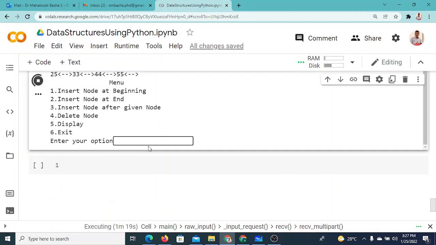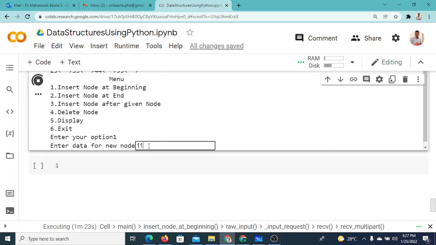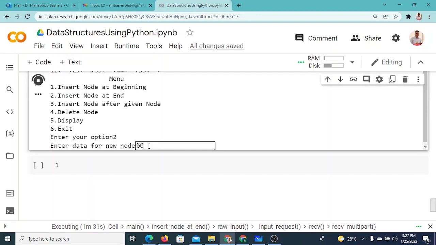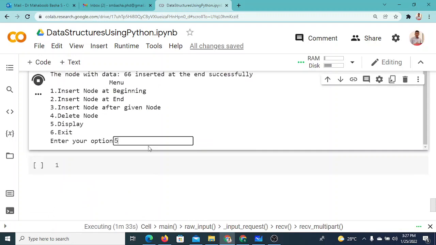Now we'll check other options. 1, I want to insert in the beginning. 11, so now it should be 11, 25, other things. Now I'll use 2, 66, it will be inserted at the end. Now if I say 5, so 66 is inserted at the end. So all insertions are happening properly. Display is also happening properly. The next option delete will do it in the next